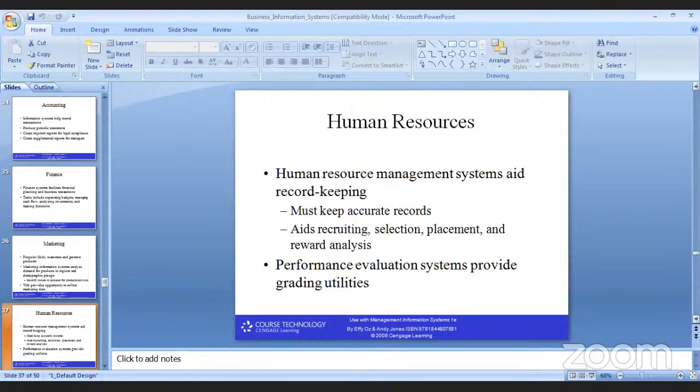I have seen nowadays whenever any recruitment is going on in a government organization, the Supreme Court gives a verdict to avoid any malfunctioning in the interview. In the UPSC, OPSC examinations, they do video recording of the interviews, so that if any candidate challenges, you can share the video recording to show that this is a fair selection. So that is how human resource management systems aid record keeping, must keep accurate records, and aid recruiting, as I